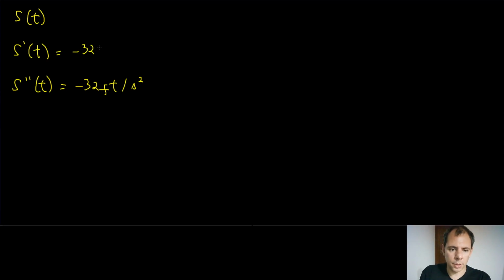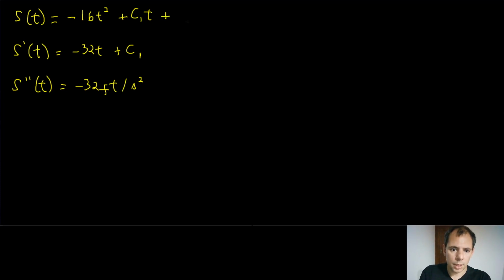So it's going to be minus 32t plus C1. Okay? And now if you want to find the function of the space as a function of time, you integrate this one with respect to time again. So minus 32t is going to be minus 32t squared divided by 2, which is going to be minus 16t squared, plus